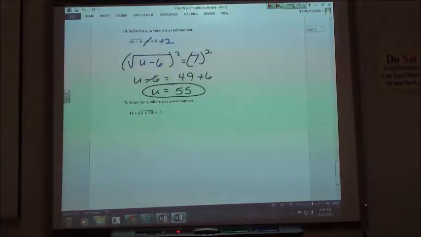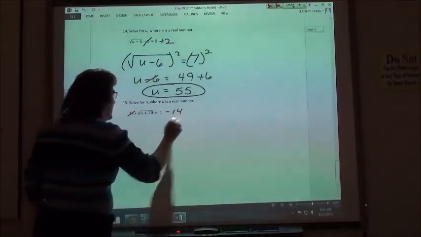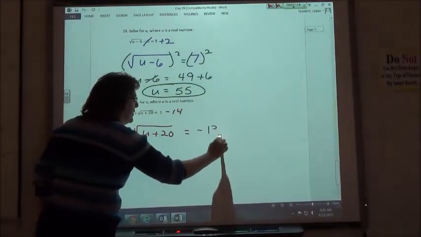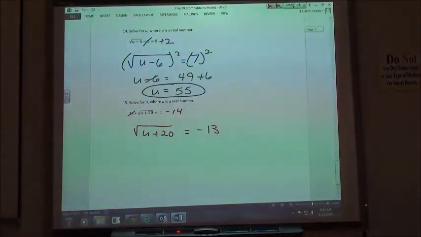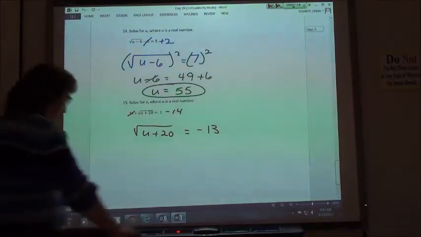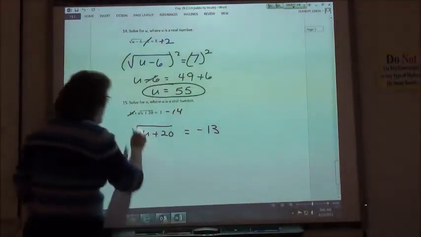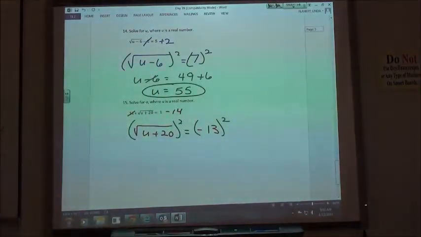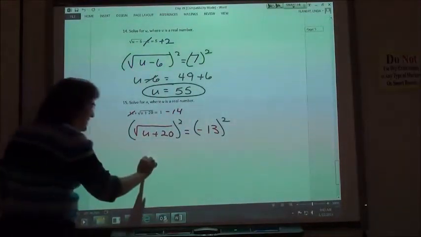Number 15 then, if I want to solve for u, what should be my first step? First I have to minus the 14. So I would have the square root of u plus 20 equals negative 13. Then what would I do with that? I would square both sides. And if I square both sides, what am I going to get? U plus 20 equals